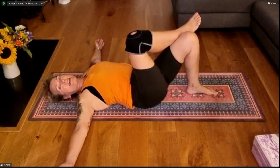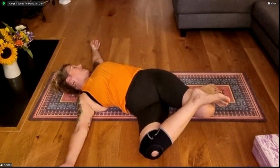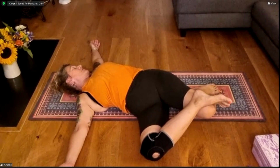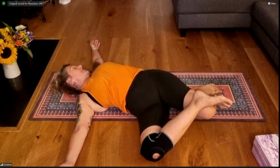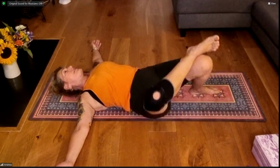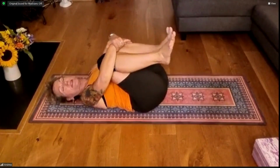Right ankle over left knee. And just let that left leg pull the right leg down. Turn your head to the left. And again, relax the legs, the hips, the shoulders, the arms, the hands. And just let gravity pull those legs a little bit deeper. Engaging bandha, bring those legs back up, uncross the knees, hug them in one more time, squeeze into your chest,